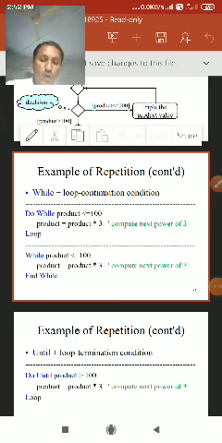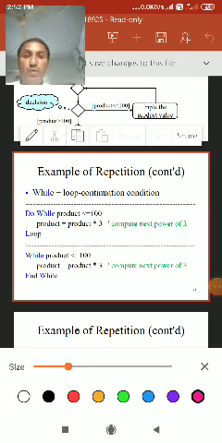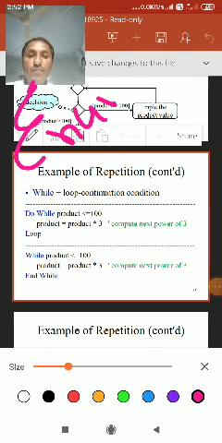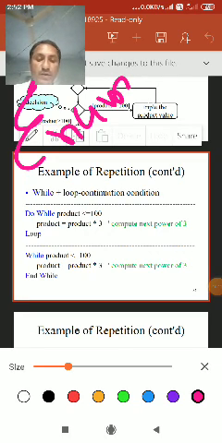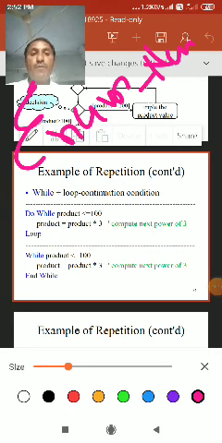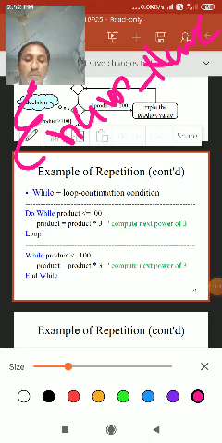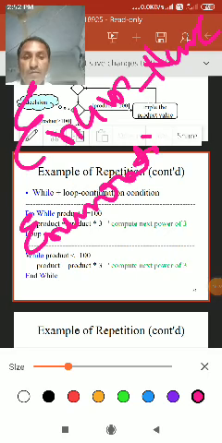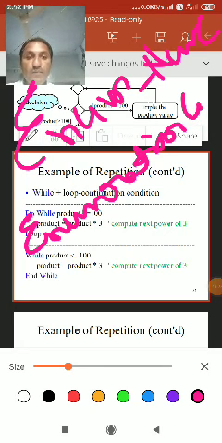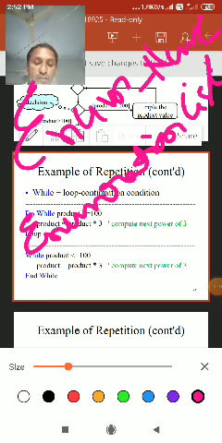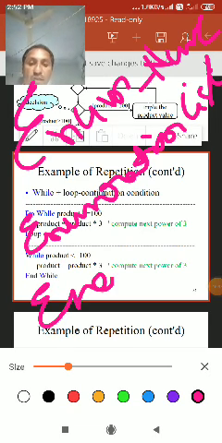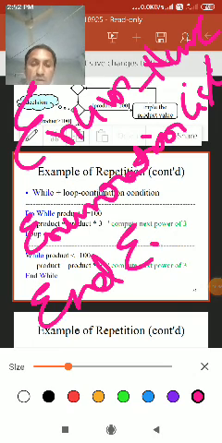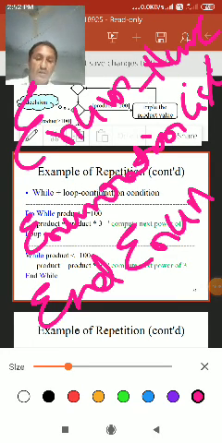So this is the syntax: Enum, enumeration name, enumeration list, and End Enum.